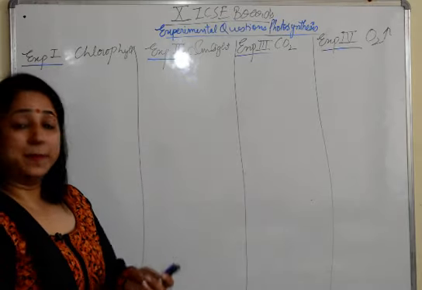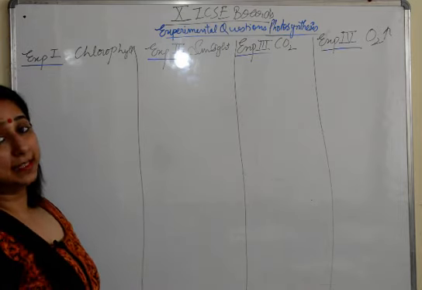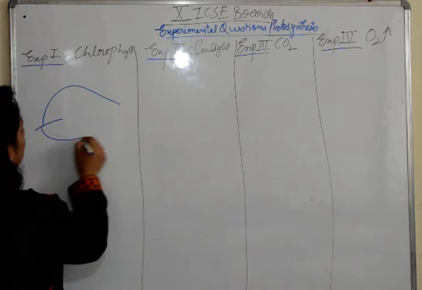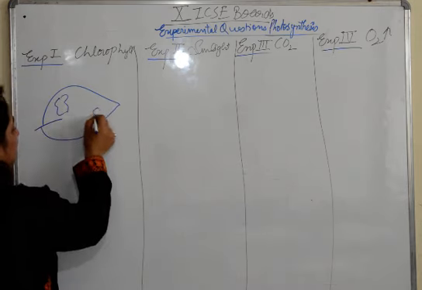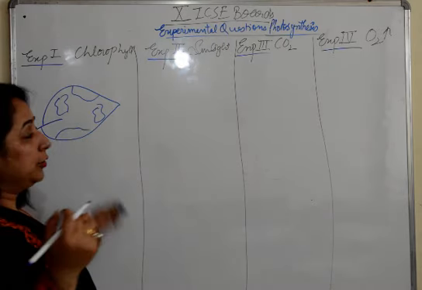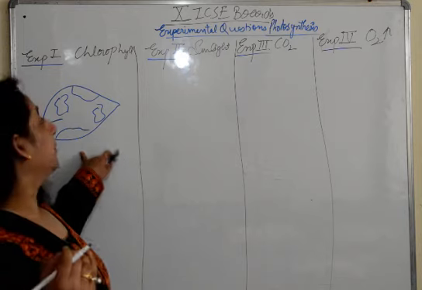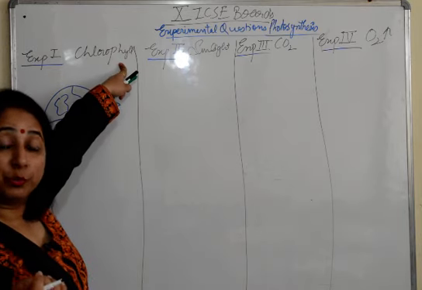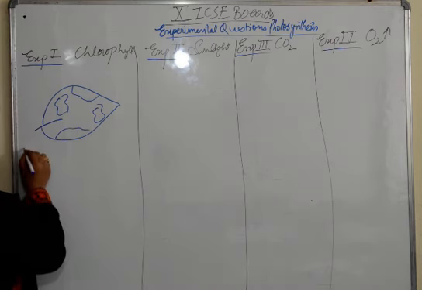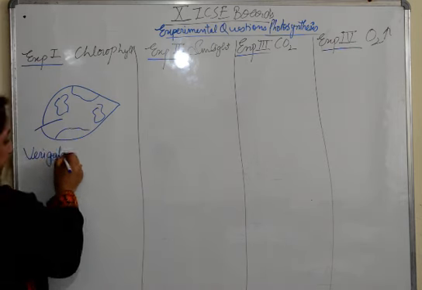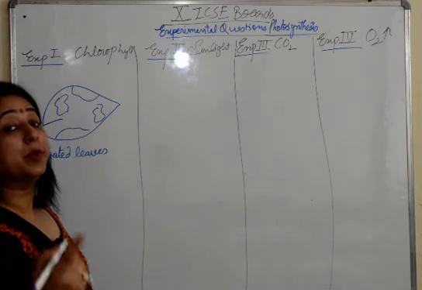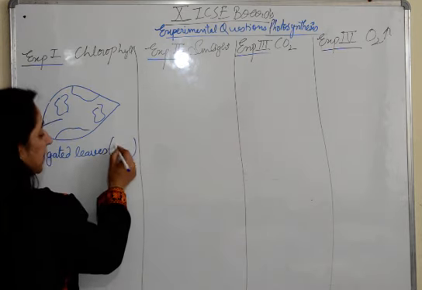We'll start with the first experiment. Chlorophyll is necessary for the process of photosynthesis. If you see a diagram in the paper where you see these patches, you read the whole thing, and you automatically should know that we are talking about the experiment where chlorophyll is necessary for photosynthesis, because these type of leaves where there are green and non-green patches are known as variegated leaves. And a very common question which is asked from here is, give an example of a plant where variegated leaves are found. Example is croton.